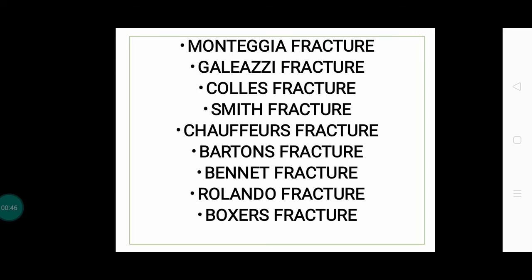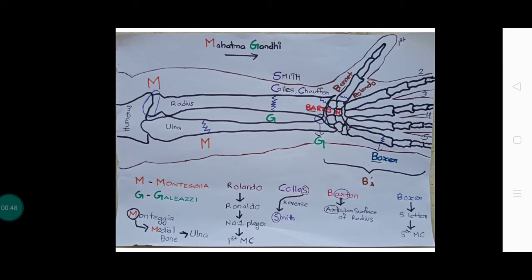So first, before moving deep into the topic, let us see our hand. As we all know, in our arm we have the humerus bone. Then in our forearm we have the radius and ulna, in which the ulna is the medial bone and radius is the lateral bone. Then comes the carpal bones, and then in our hands come the metacarpals and phalanges. So first we shall deal with the Monteggia fracture.